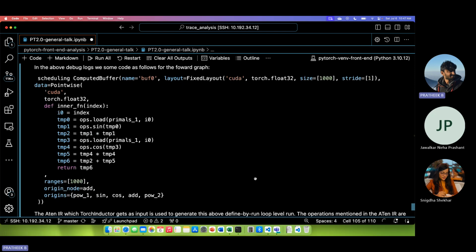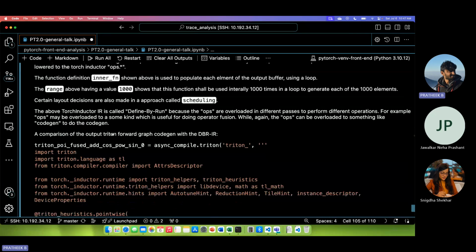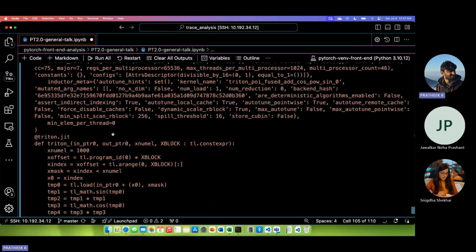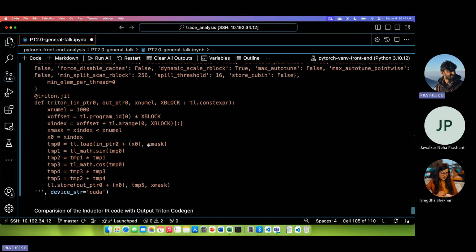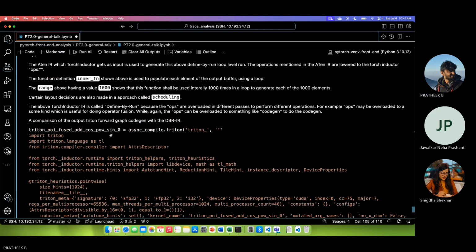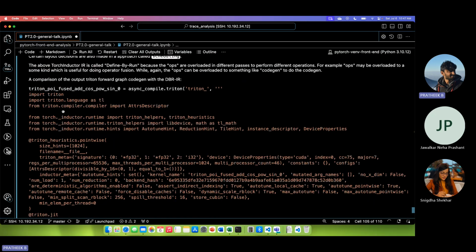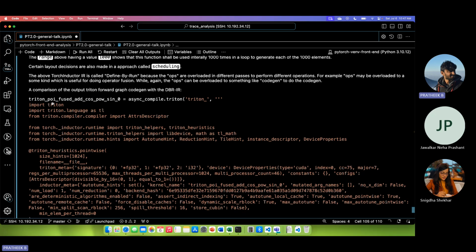Now if you look into this pointwise operation, you just have a rough idea of what it is doing. So this is how the Triton kernel internally looks. There are some imports, and what they do is Triton fused add cos sine; this is the handle to